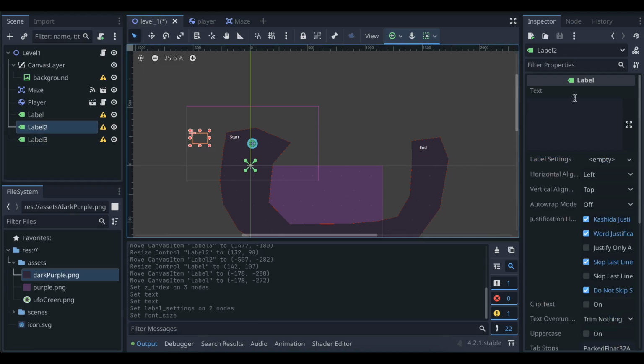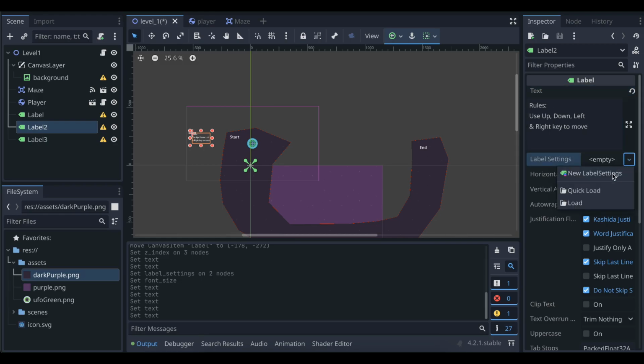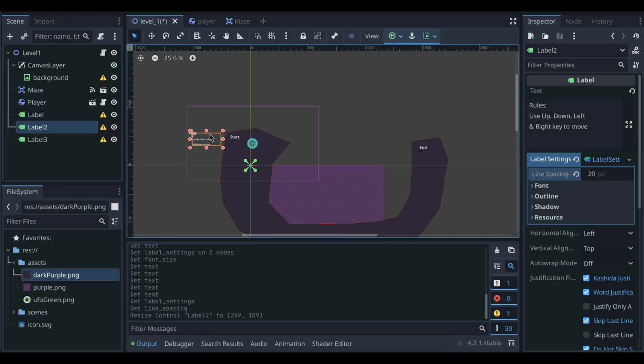I'll go to label 2. Here I can add some rules. Okay, use up, down, left and right key to move. And here again I'll go to label settings, select this, update it to 20. I'll just expand this as well so that it is properly visible. I can make this, I think, 25. All right,